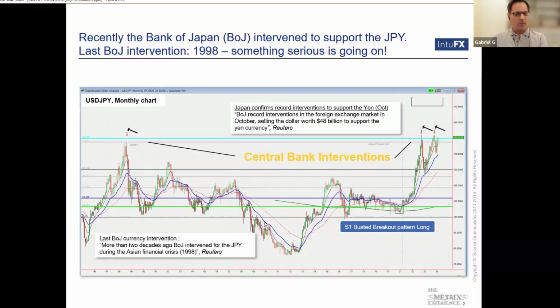So why the US as far as the debt bubble is concerned? Why Japan? Well, this is the US dollar yen chart, right? If price goes up, that means the yen is weakening. If price goes down, it means the yen is getting stronger. Now, this is a multi-year time frame, the last couple of years. And we can see how the yen has lost dramatically in value against the dollar. Well, not only against the dollar, against basically all other currencies.